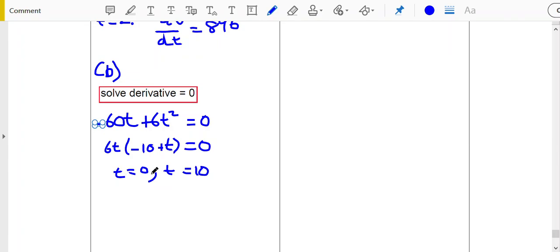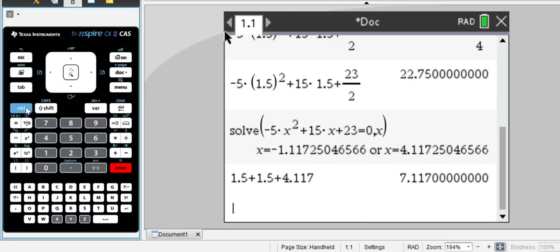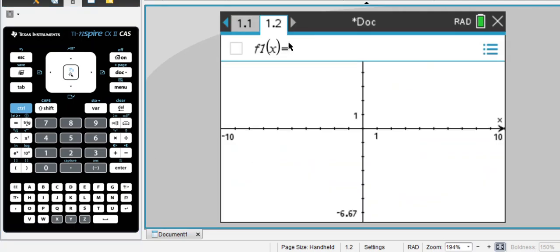You'd have to double check because these might not be maximum values. Remember, these are stationary points. That's saying there's two stationary points, but the stationary point could be a minimum. So you could use a sign diagram to prove which one is the maximum, or you could just sketch the function on your calculator. Okay. So I'm going to go for a sketch now. So you could take the algebraic approach like I just have, or we could sketch the function